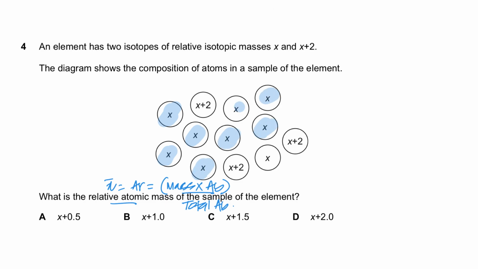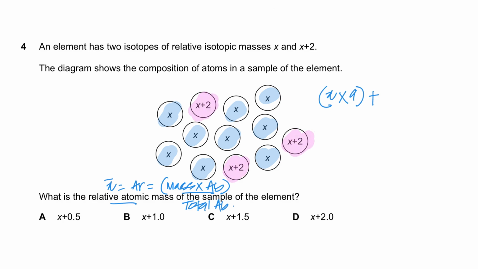So how many X's do you have? They're given, these are the relative isotopic masses, right? So X is the relative isotopic mass. And what is the frequency of X? Which means how many X's do you have? What is the abundance? What is the percentage? It's 1, 2, 3, 4, 5, 6, 7, 8, 9. So X multiplied by 9, mass number times the abundance, plus mass number, which is X plus 2, times the